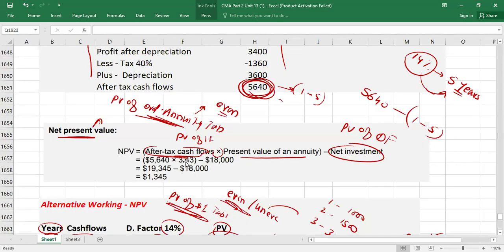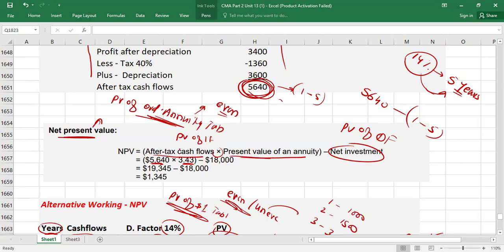But they have used only up to 2 decimals. They took 3.43, but in the table it's written 3.433. So you can use up to 3 decimals. It's your choice. So now if you multiply the after tax cash flow, which is 5640, by the present value